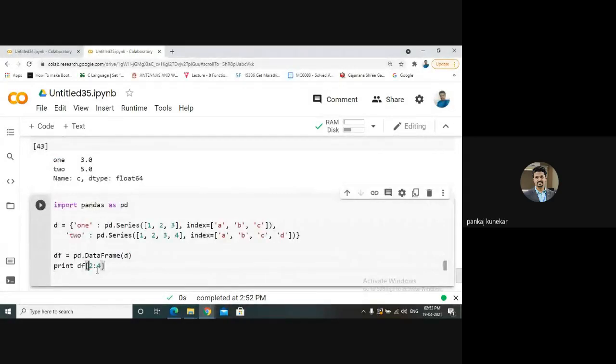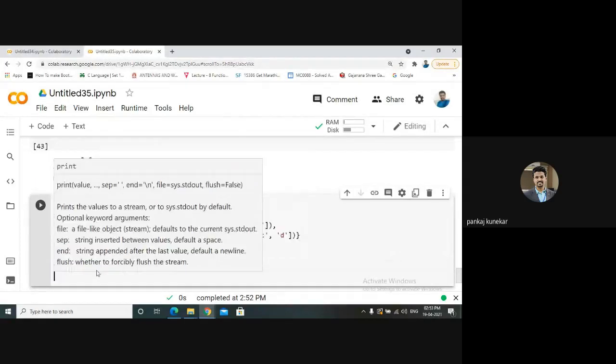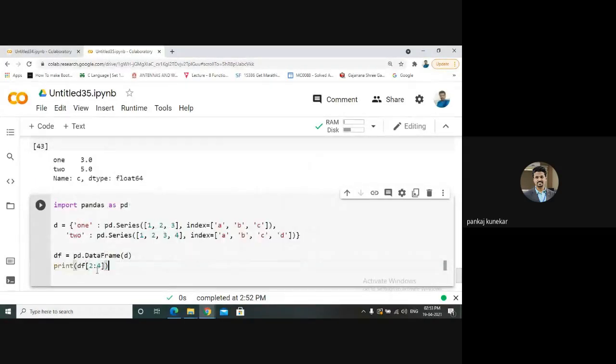Suppose we have df[2:4]. Just guess what will be the output for this. This is row selection, or we can say slicing. What will be the output for this one?